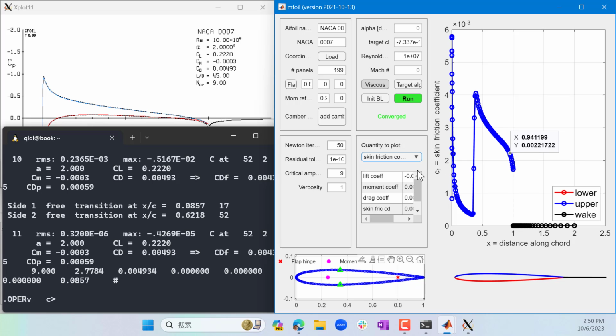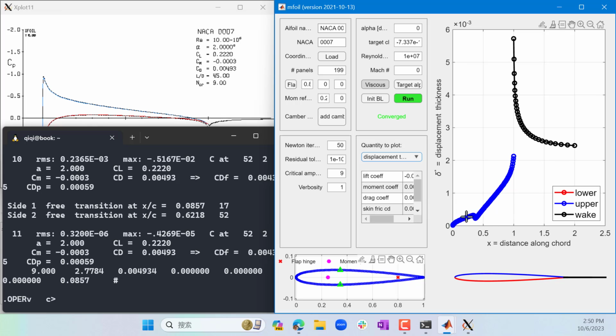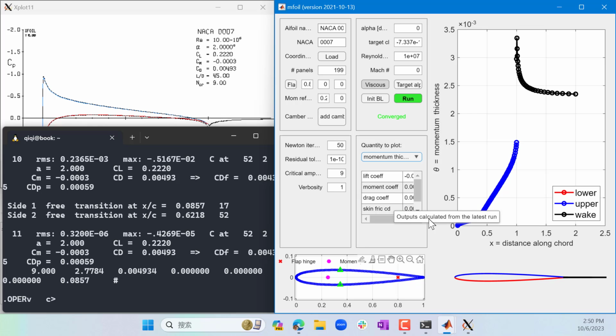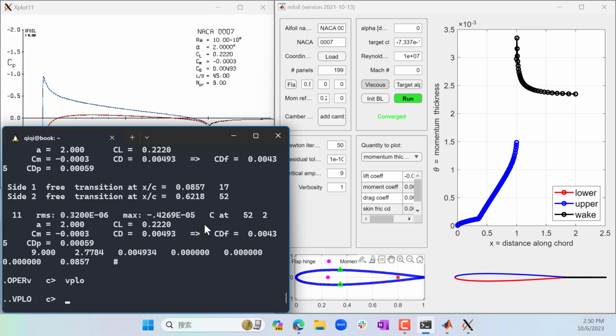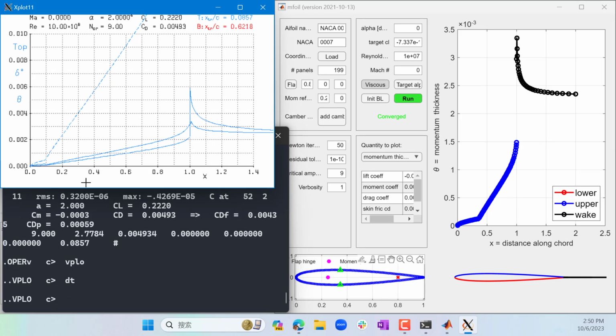All right. Okay. And displacement thickness. Again, instead of on the order of 10 to the minus 2, now this is 10 to the minus 3. Okay. And again, you see different behavior after the flow transitions into turbulent boundary layers. Momentum thickness, it's the same thing. Let me actually do it over here, V plot and dt, so that gives me all the 3 plots. So 99% thickness, and in turbulent boundary layer, the 99% thickness is actually a lot higher than the